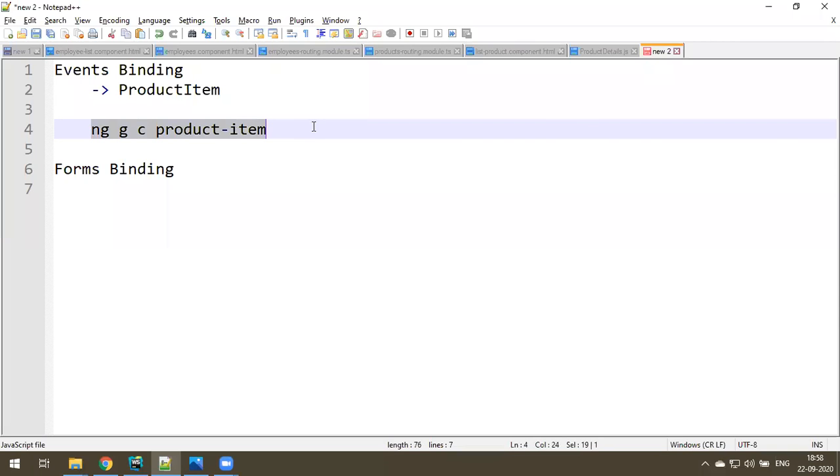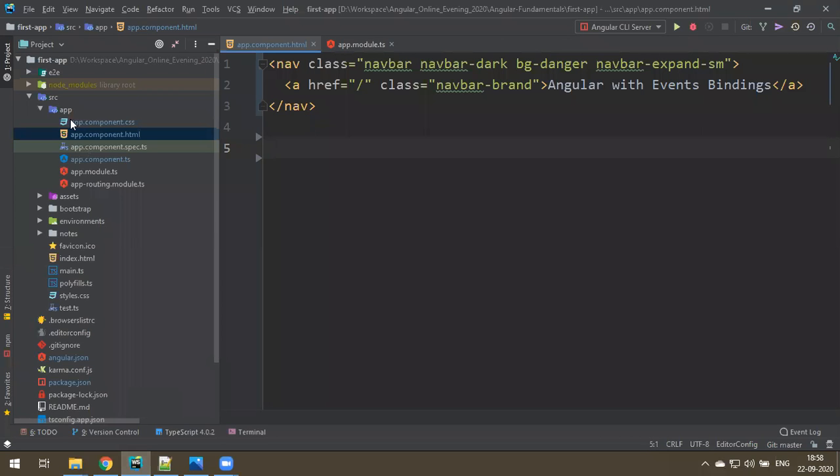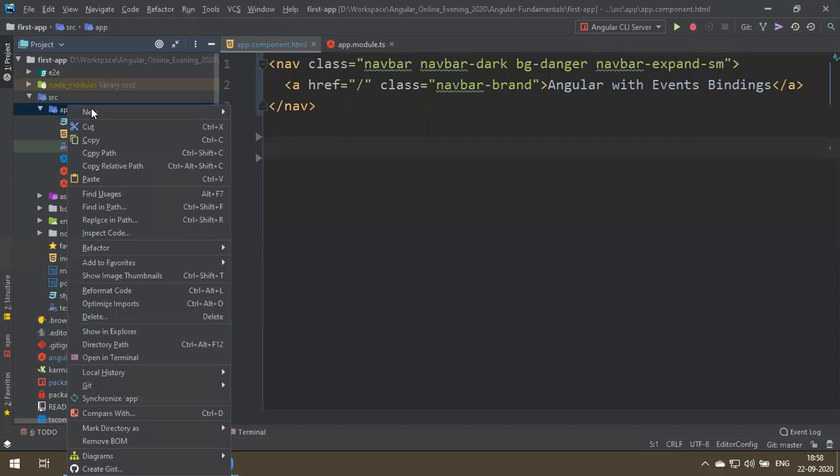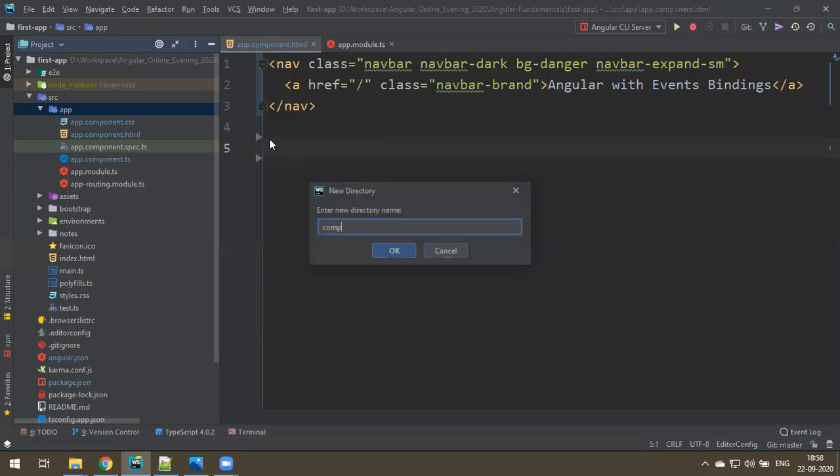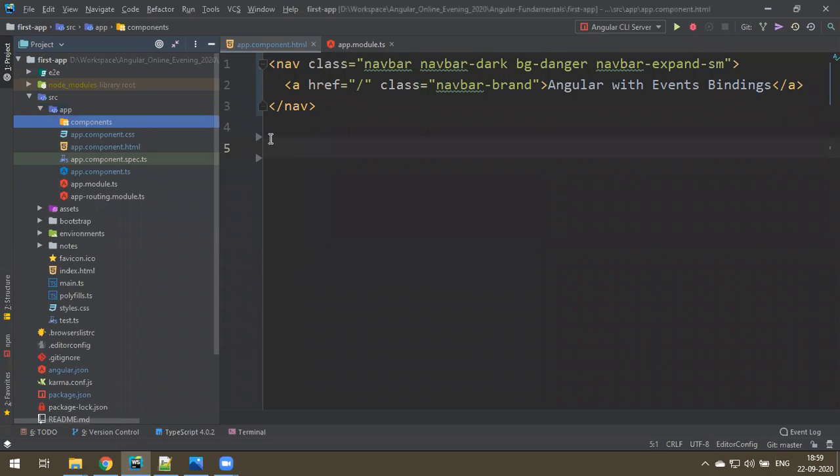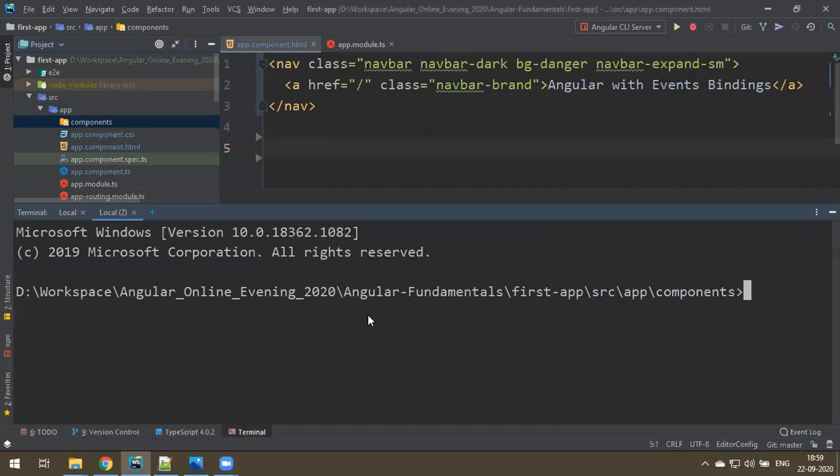Okay, and where you create is let me create a folder inside a new directory called components. I generally create in this way because you may create separate services, separate interceptors like that. So we create separate folder for them. Okay, in the components, right click, open in terminal, ng g c product-item, enter.